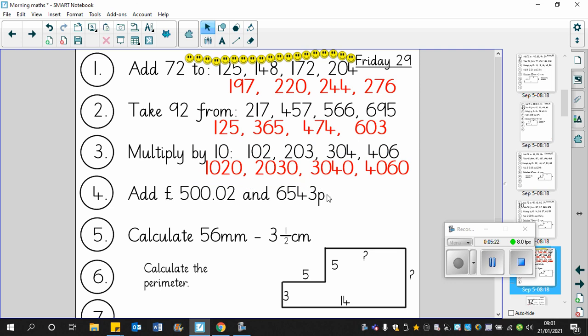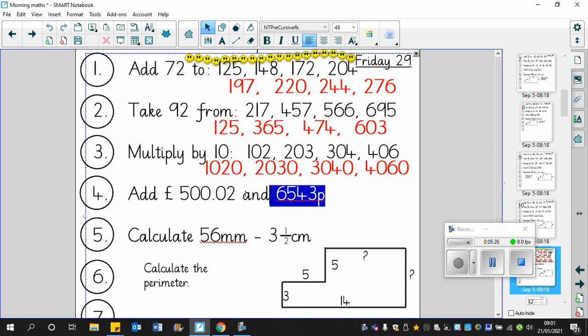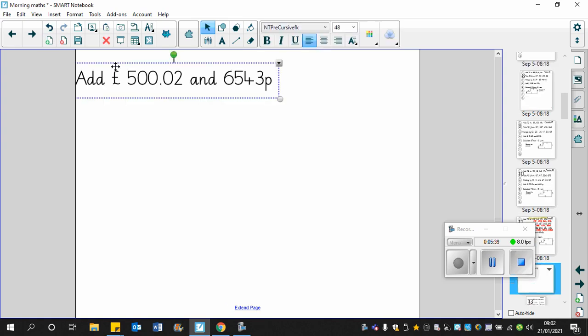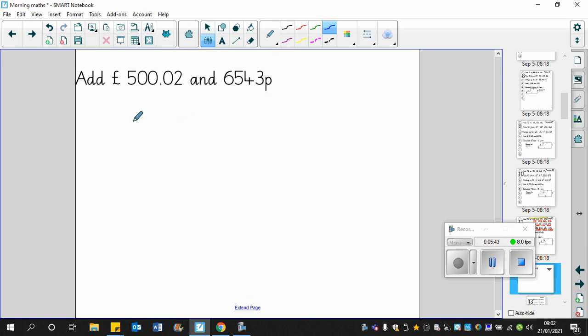Question 4. Add £500 and 2 pence to 6,543. So let's just take this there, copy, and then get another page and put that there to remind me, and then get a pen, and then okay, so start setting this out. 500, so this is £500,